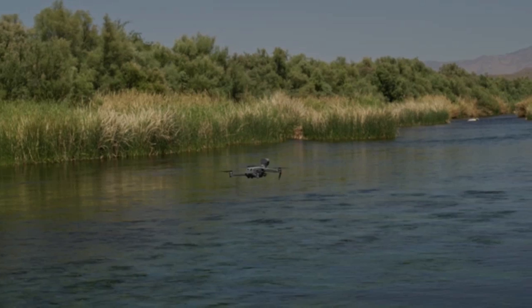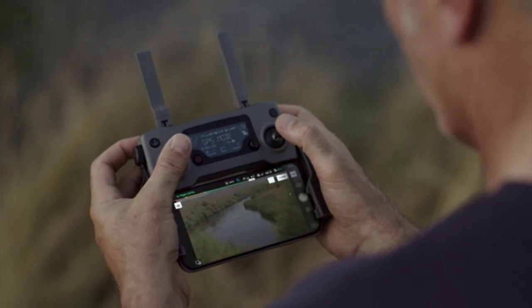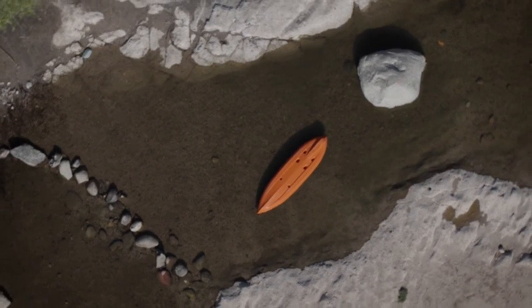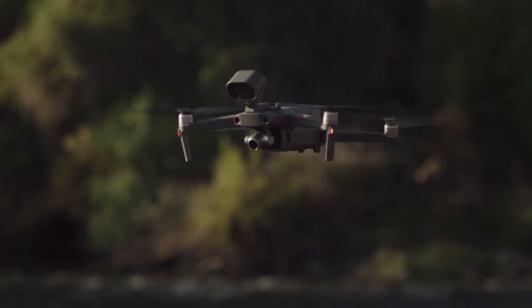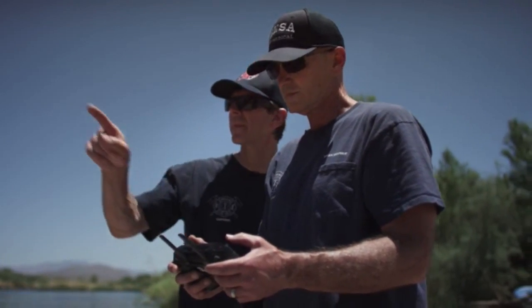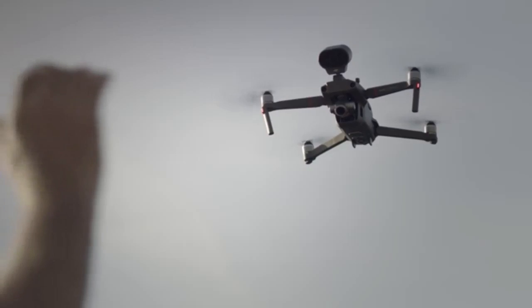We would immediately get the drone up and start doing a search. A zoom lens on the Mavic 2 Enterprise is definitely beneficial to us. And there are certain situations where it may be risky to fly the drone too close. The loudspeaker, being able to provide a means to communicate with them quickly, tell them what you want them to